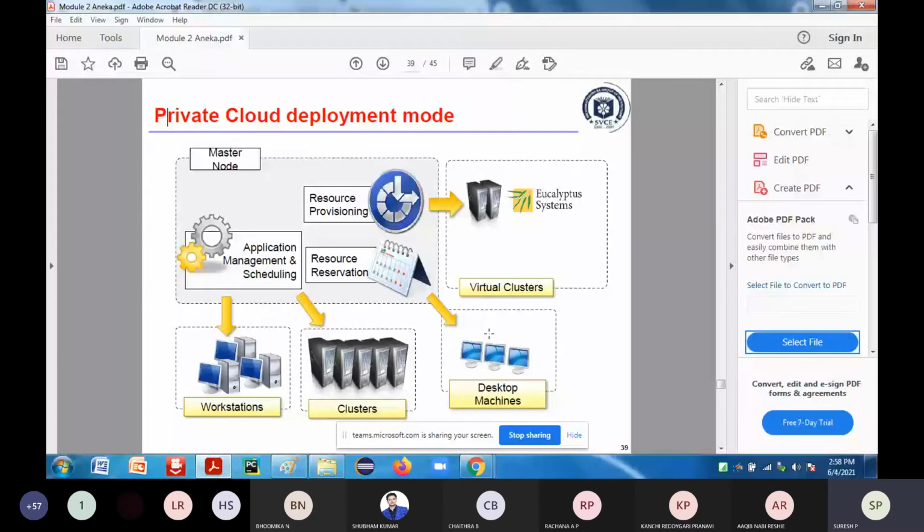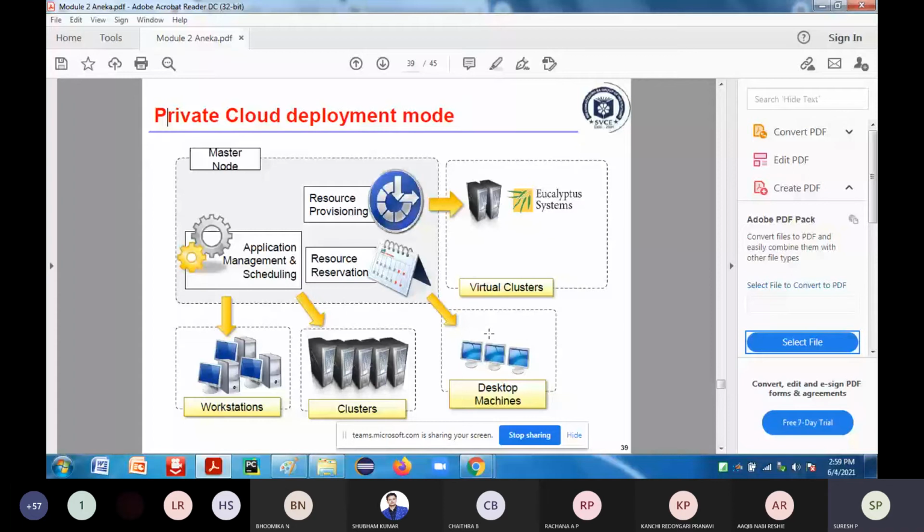I don't want the systems to be wasted. So instead, I will give those systems as resources to another party, so that I can generate revenue from that.